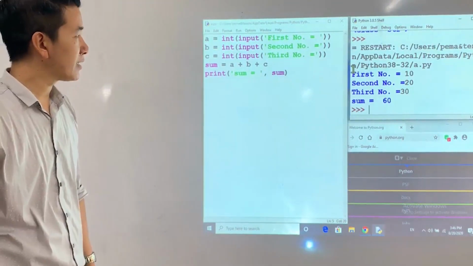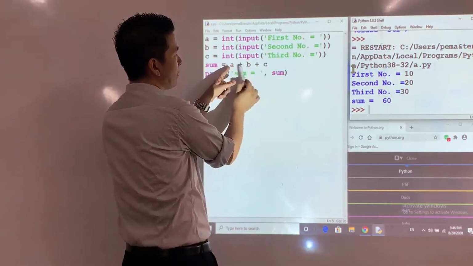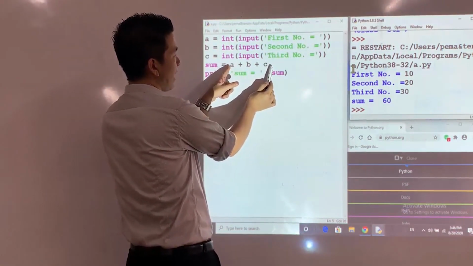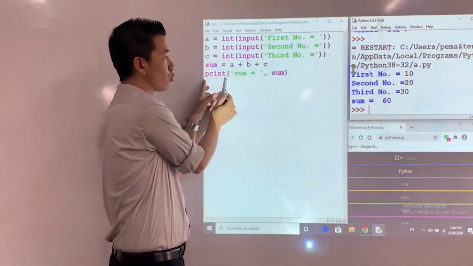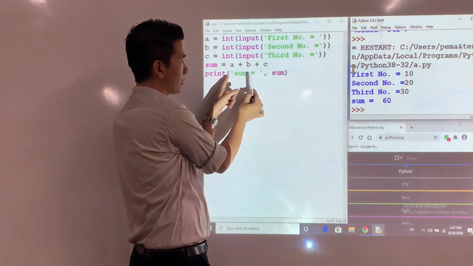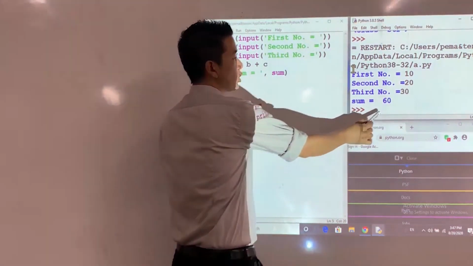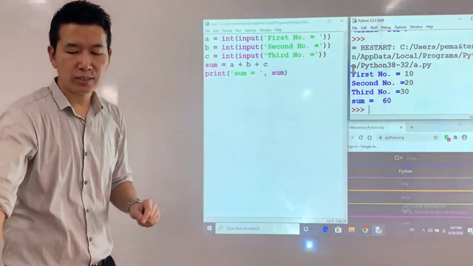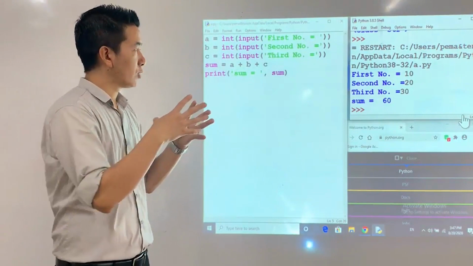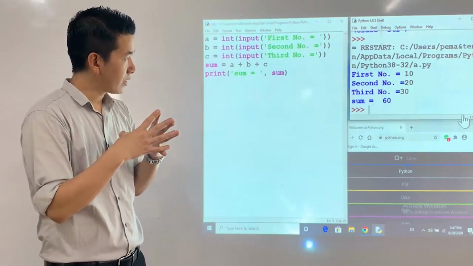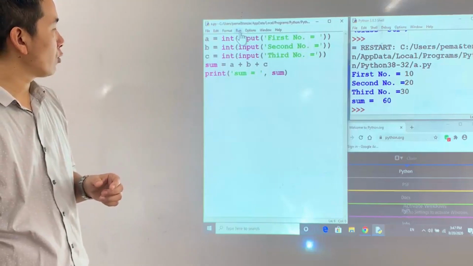Now when I press enter, 10 plus 20 plus 30 will be evaluated. 60 as the result will be assigned to sum, and then this print statement will print "sum is equal to" first, and then the value of sum, which is 60. So this is a very simple program which adds up 3 numbers, right? But the important thing to be noted here is, when you run this program again,